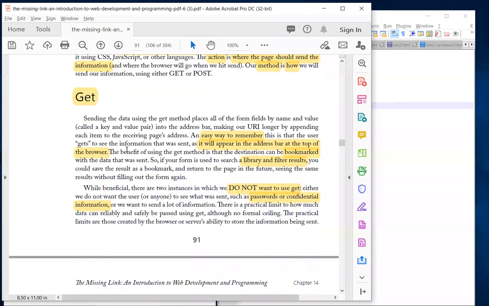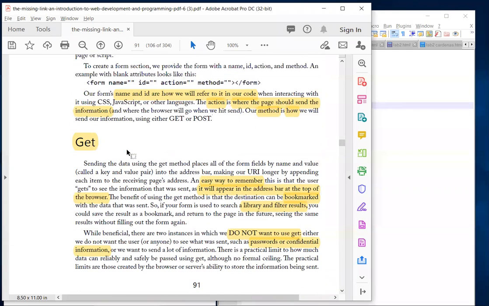All right, so now we're going to cover the get and the post values of the method attribute. So get is how we're going to send the information. The thing to remember about get is that when you use get, the information is displayed, which is very important to remember,